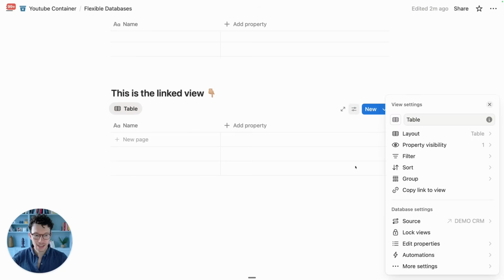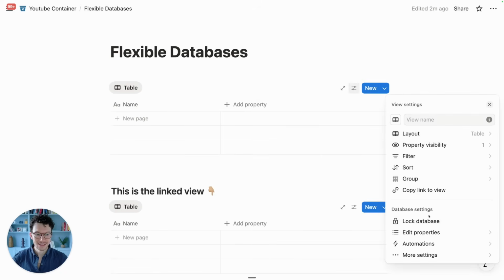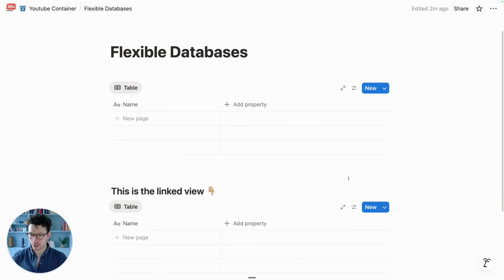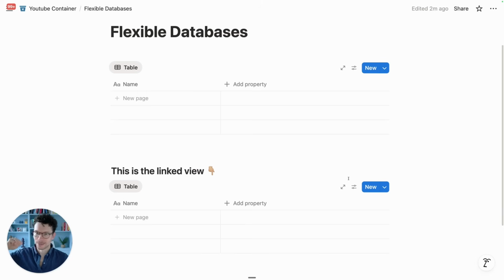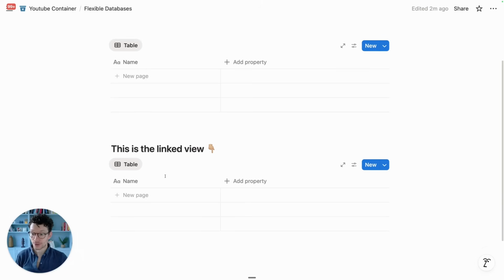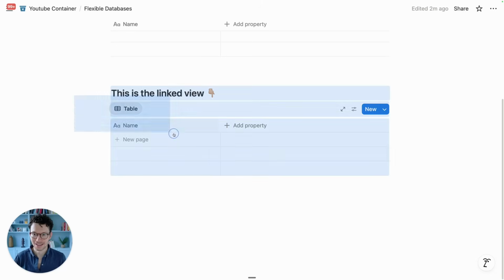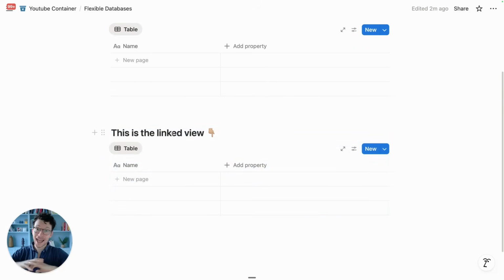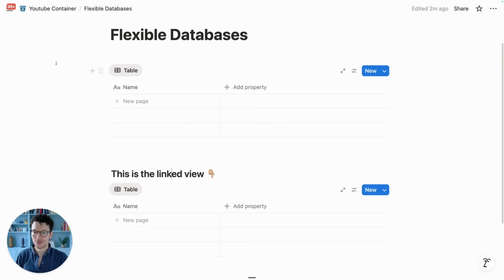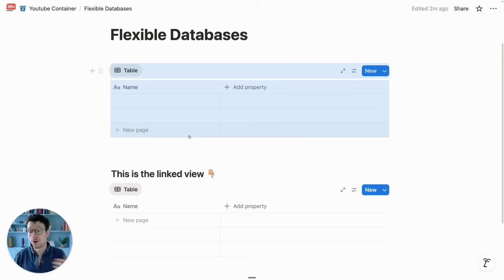We would need to go into the settings, and then here we see, okay, this has a source, so it is a linked view, whereas this doesn't have a source, so it's the original. And it's so important to know whether something is a linked view or the original, because of course we often rebuild Notion, and that means we often delete linked views. We might want to remove that here and move it elsewhere. And deleting a linked view is absolutely no problem. But if you accidentally delete your original, well, then all your data is gone. So that's just one of many reasons why we want to have always the original instance of a database